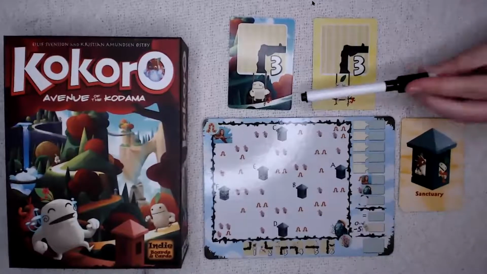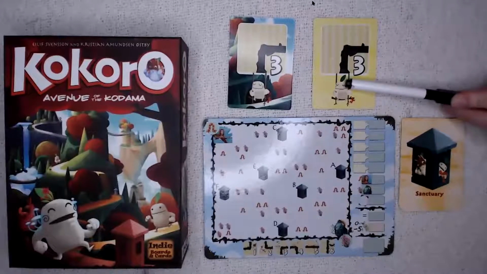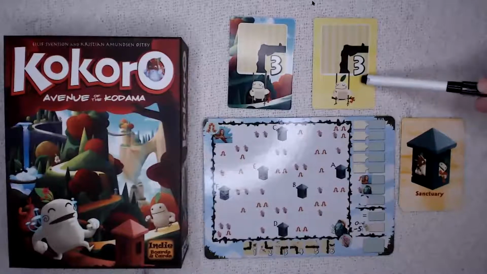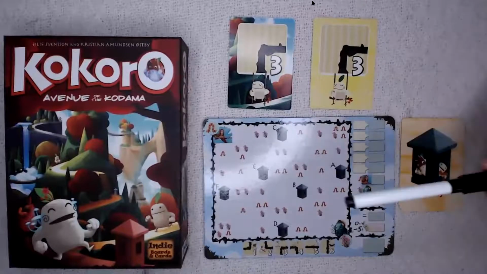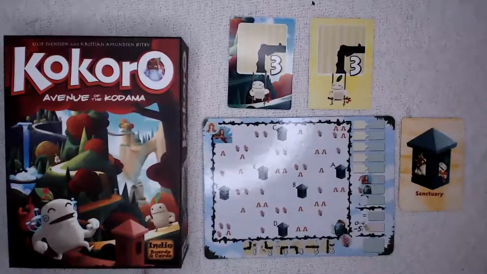But as you see, there are two different color backgrounds on these cards. There are the blue backgrounds and the gold backgrounds. If, as we go along through the game, there are 4 gold cards revealed, that will trigger the end of a round. So we will keep drawing pathways, keep going along trying to connect objects until the 4th gold pathway